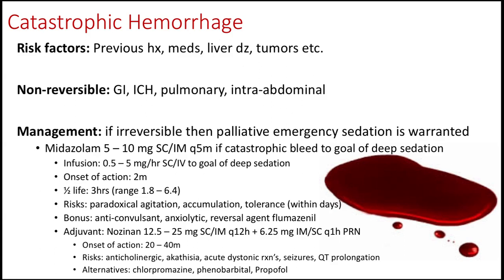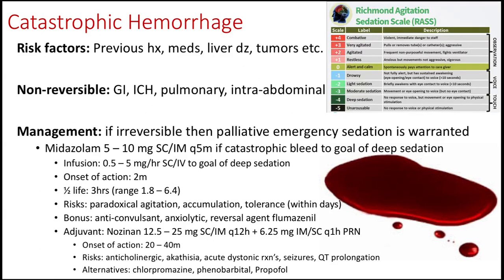You can give it quite quickly, and mainly the goal is to give enough sedation to cause the patient to relieve all suffering, and that's something that can be communicated easily through like RASS scoring, but the general principle is the least amount required for adequate relief of suffering. Obviously, in this situation where it's potentially a fatal and catastrophic bleed, you would aim more so on the heavier sedation, so maybe you would have a RASS goal of -4 or less,